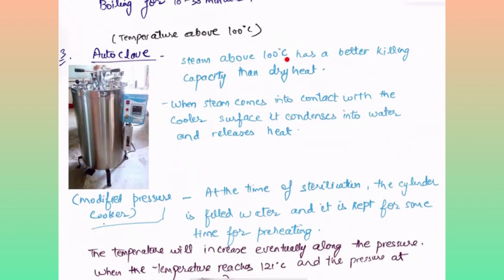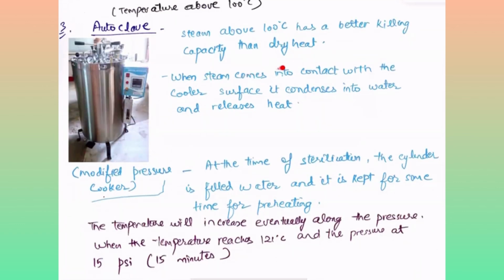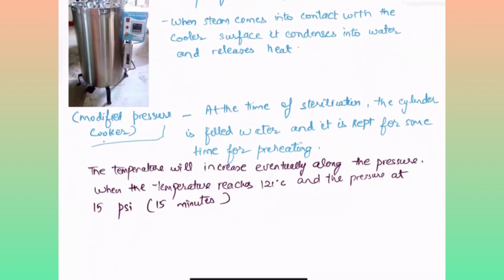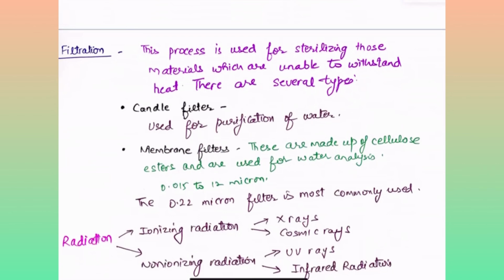The steam above 100 degrees has better killing capacity than dry heat. When steam comes into contact with a cooler surface, it condenses into water and releases heat. It's like a modified pressure cooker. At the time of sterilization, the cylinder is filled with water and it is kept for some time for preheating. The temperature will increase eventually along with pressure, and when the temperature reaches 121 degrees,